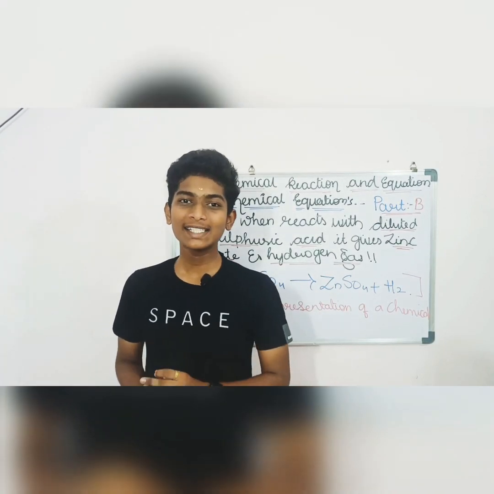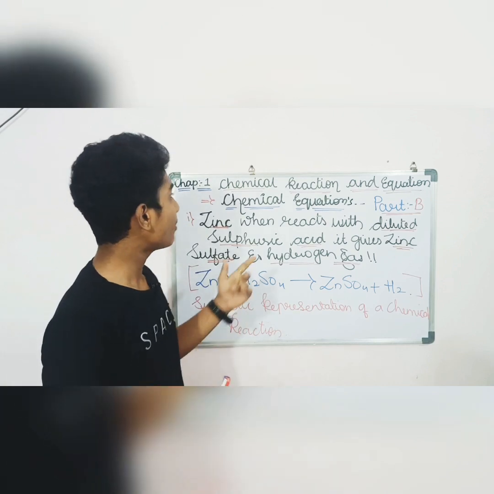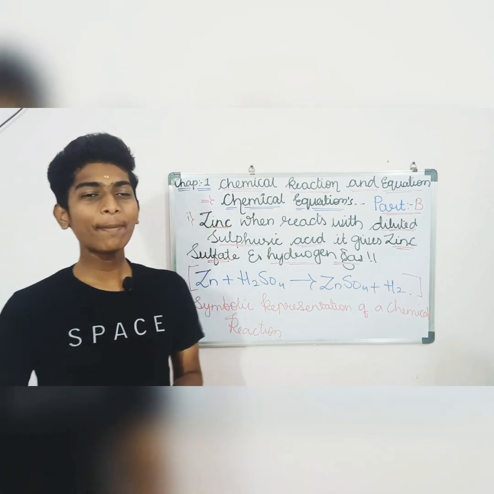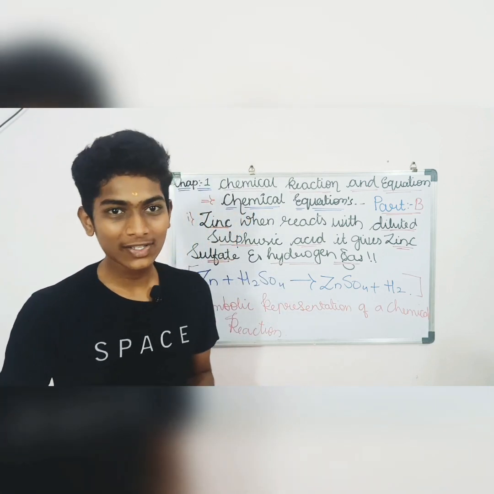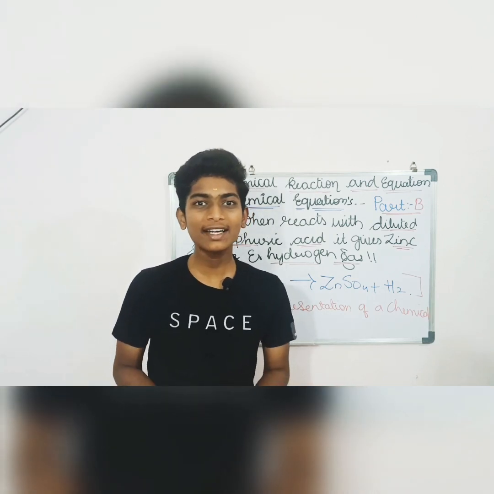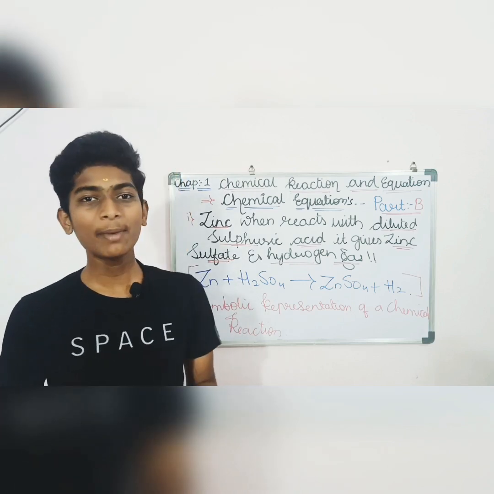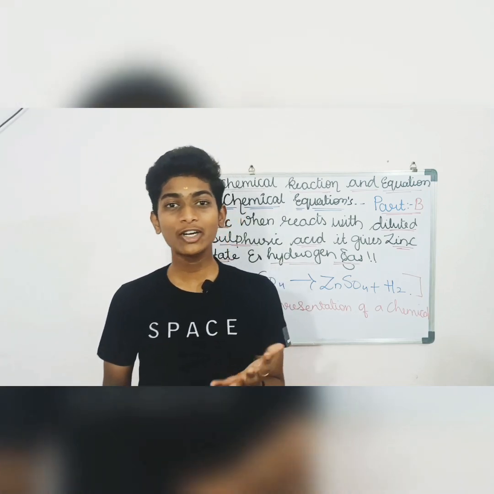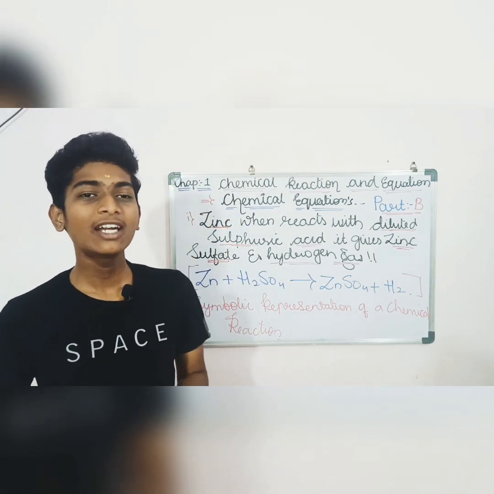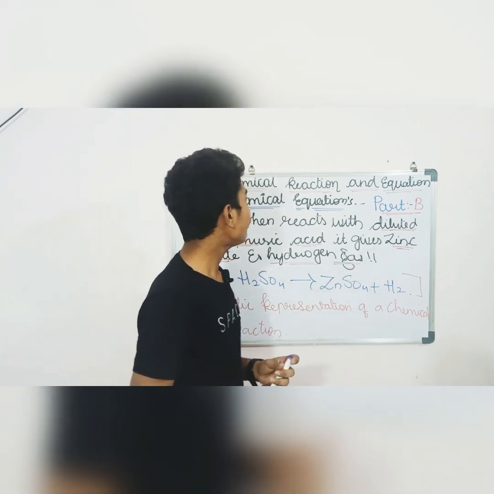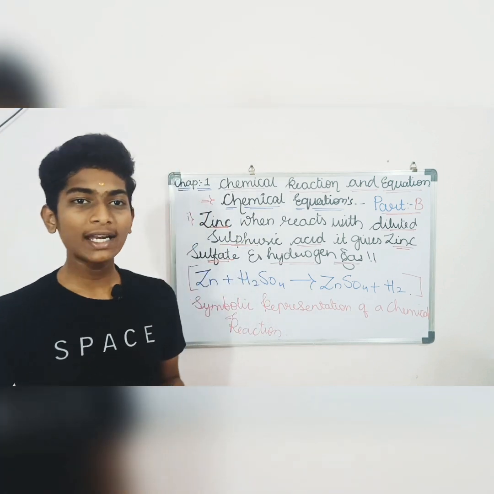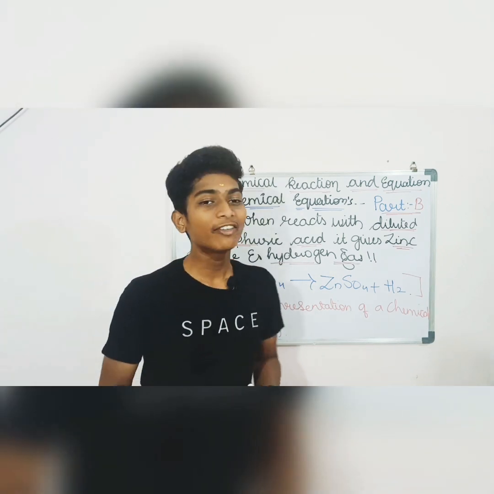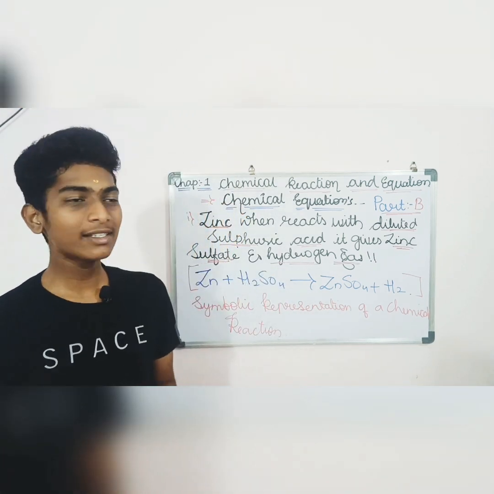I am back with the class 10 chemistry part B, that is of chemical reaction and equation. In our part A we learned what chemical reactions are, how chemical reactions take place, some examples of chemical reactions, and also we learned many characteristics of chemical reactions. There are a total of 5 characteristics which we learned in our part A. In this part B, we learn chemical equations, what chemical equations are and how to balance them. Okay, without wasting our time, we'll start with this session.